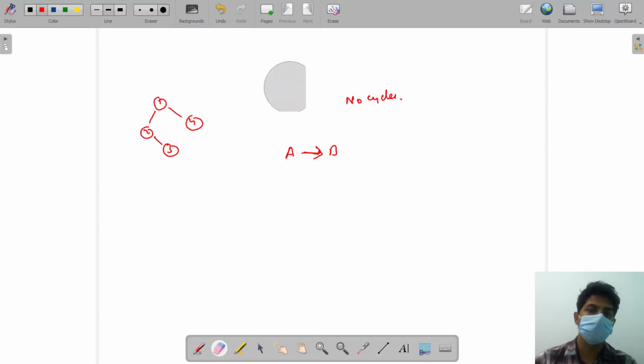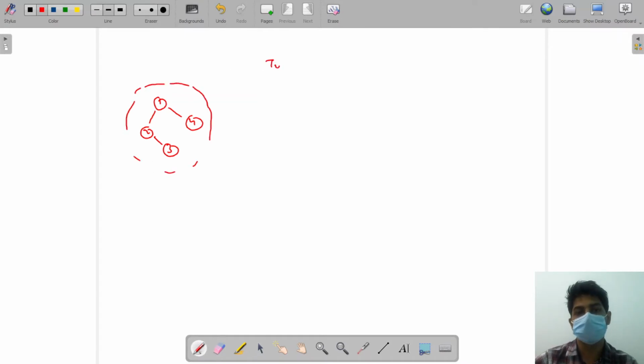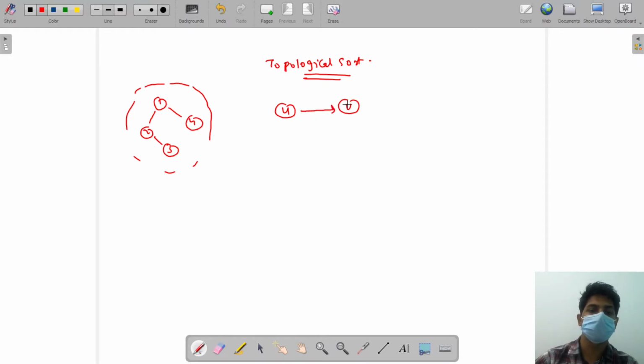Now let's see what we have to do. In this problem, a directed acyclic graph will be given to us, and we have to print the topological sort for that graph. So what is a topological sort? Let's suppose that a graph has only two nodes, u and v, and there is an edge from u to v. Then the topological sort for this graph will be u v.